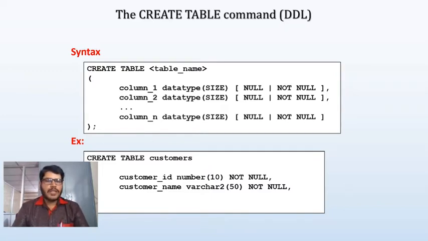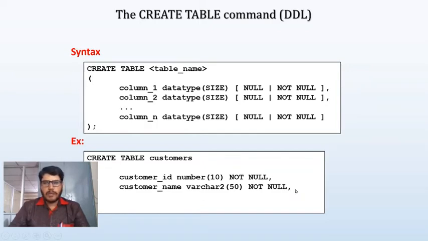Normally all the customers do not have a similar length of characters as their name. So that's why we should consider varchar as a data type. In this case, I'm going to consider varchar2 as a data type, and I'm going to mention the size as 50 so that it can reserve 50 bytes of memory. And again, I'm going to implement the not null constraint and put a comma.